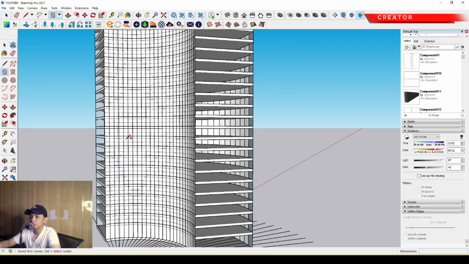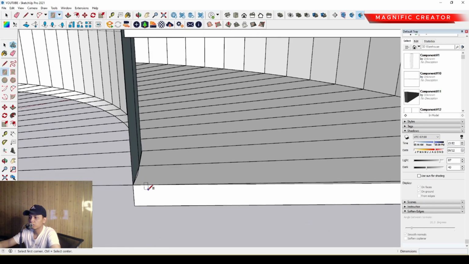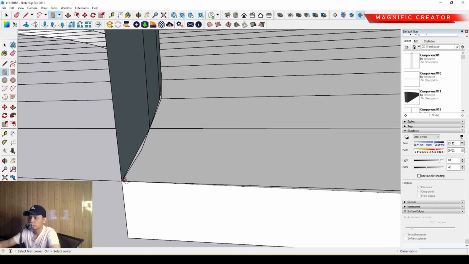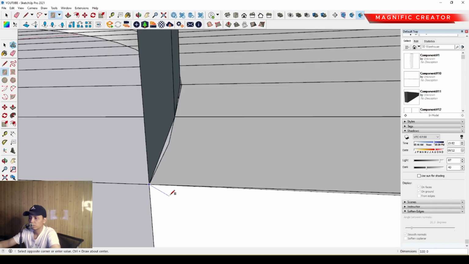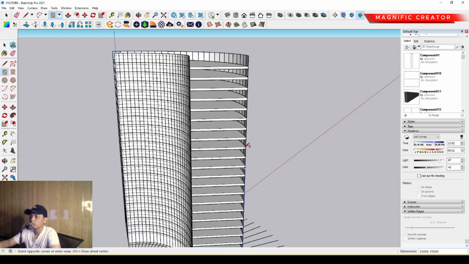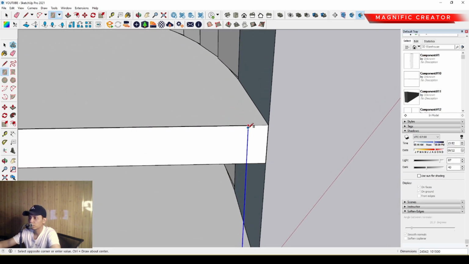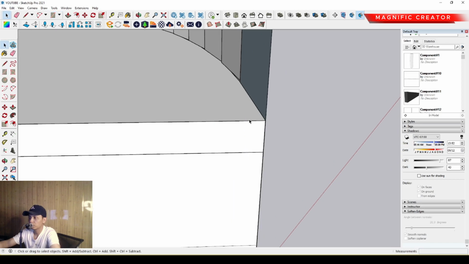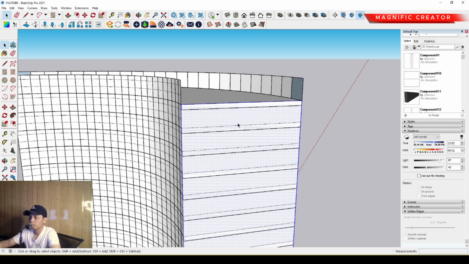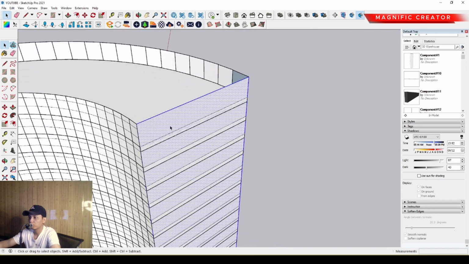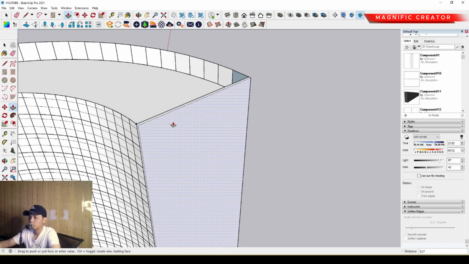Okay, we can use a rectangle from this position until the top position of the corner anyway. Okay, we can place on this. So then we can scale it up also, and then we can push it to the right side